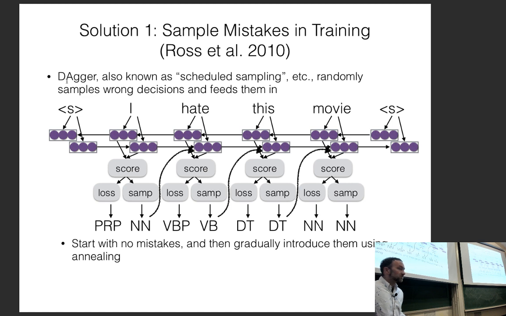So this is good in some cases. One case where this would be a good idea, I think, is something like part-of-speech tagging. The reason why it's a good idea in part-of-speech tagging is because you have one tag per word, and you can sample mistaken tags and try to still recover in that case. However, things it's not quite as good at